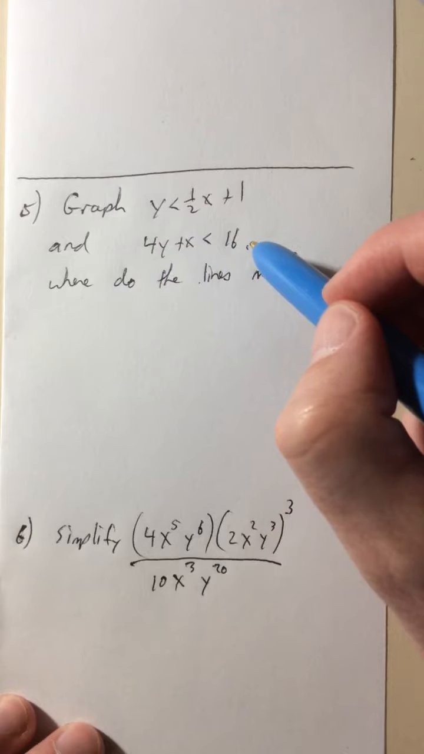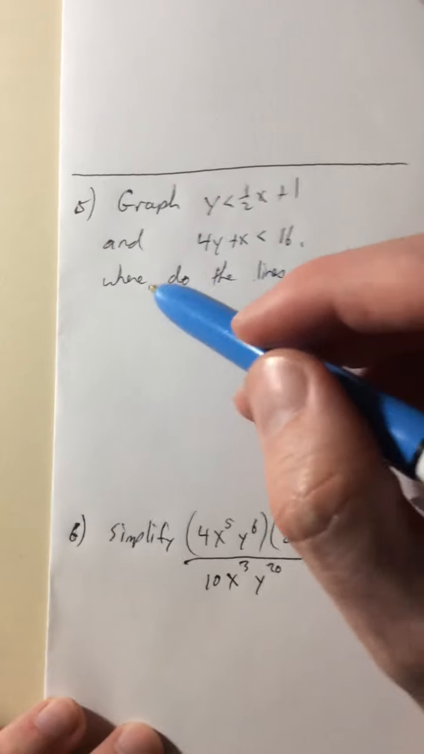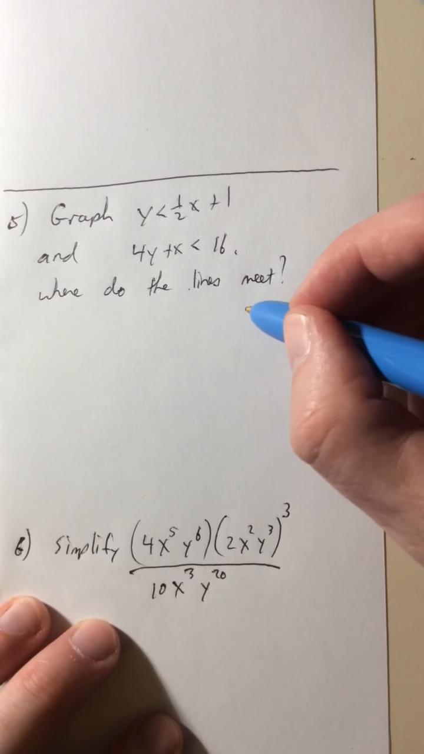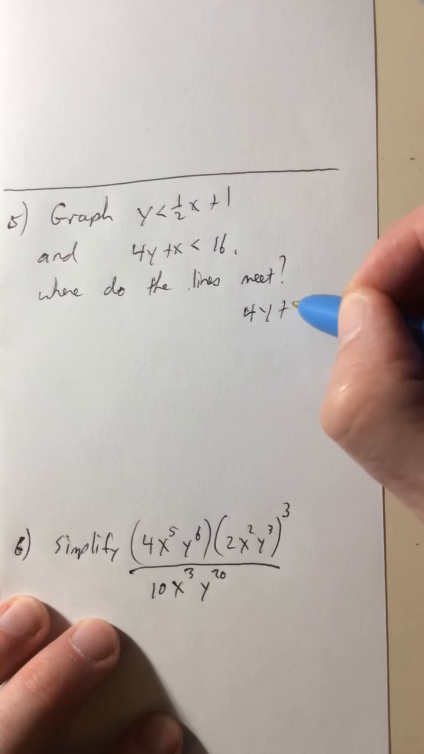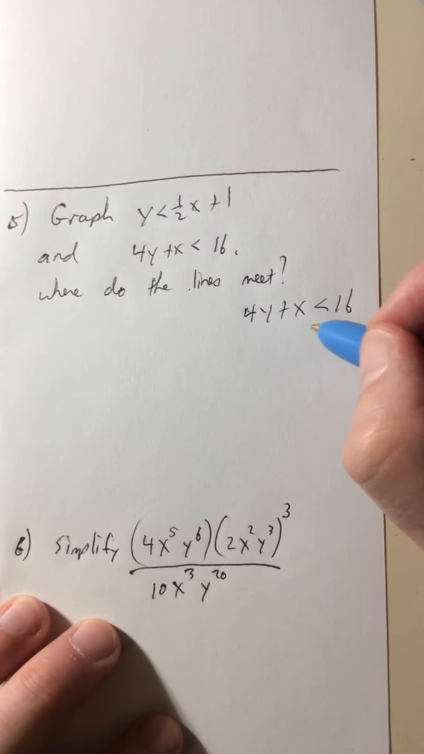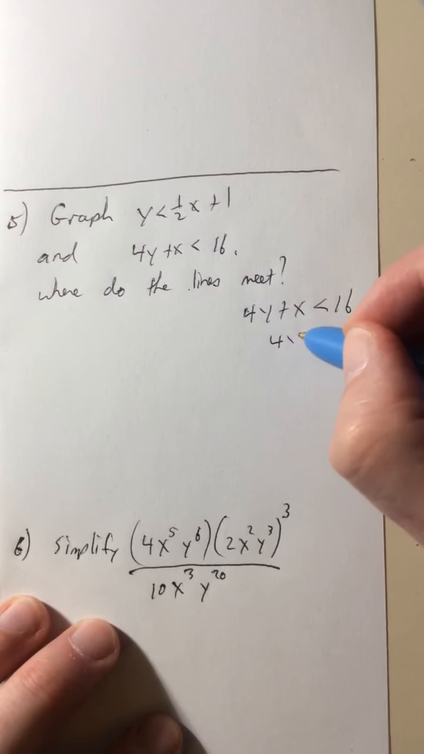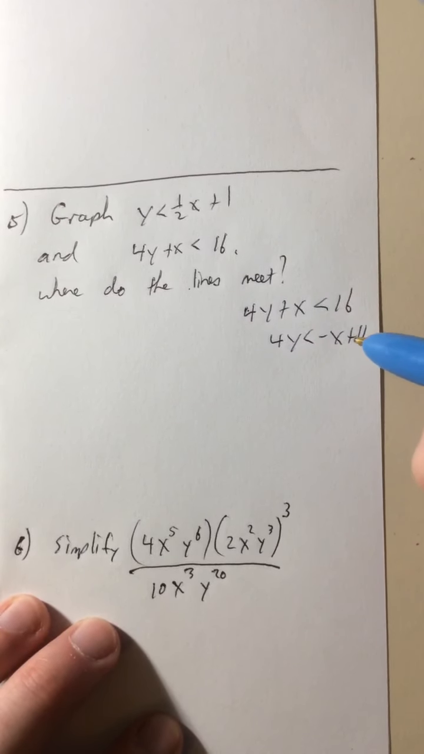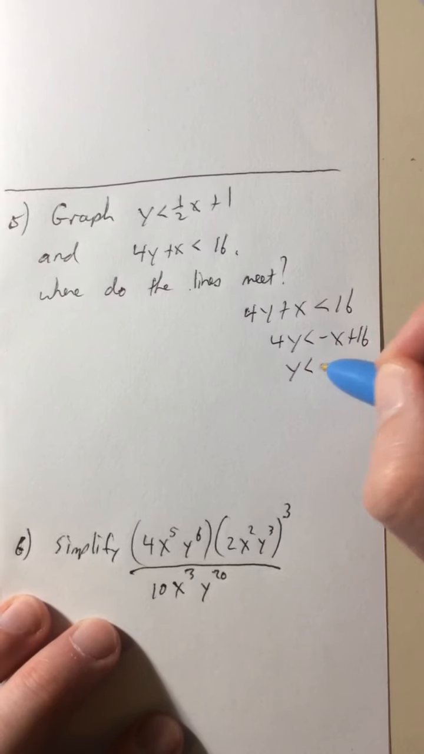Let's turn this guy into the same thing. In other words, we want to solve for y. So 4y plus x is less than 16. We want to get y by itself, so we subtract the x over. So we get 4y is less than negative x plus 16. Divide everybody by 4, and we get y is less than